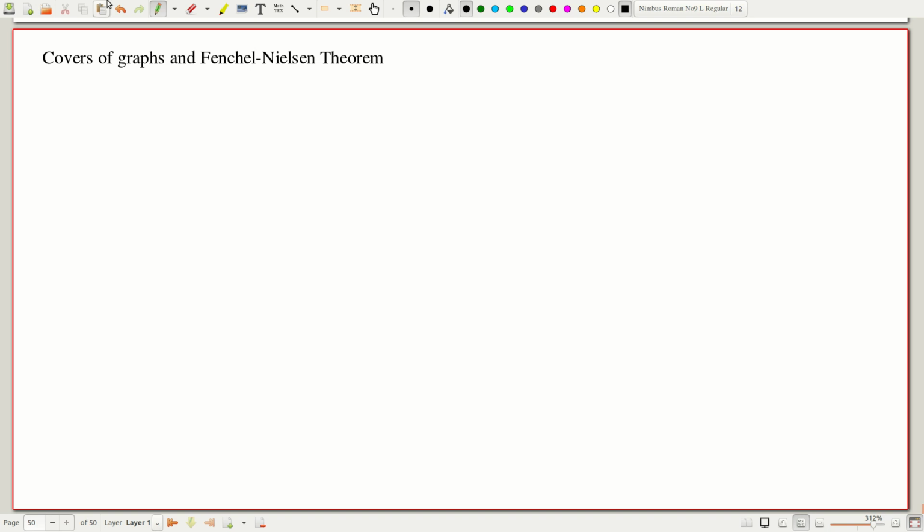Now we get an application purely to group theory, and this is also useful in many other contexts. So let's look at covers of graphs. Here is the following theorem. Even though I call it a theorem, it's actually easy. The theorem is that a cover, let's call it P from x hat to x equals mod gamma of a graph